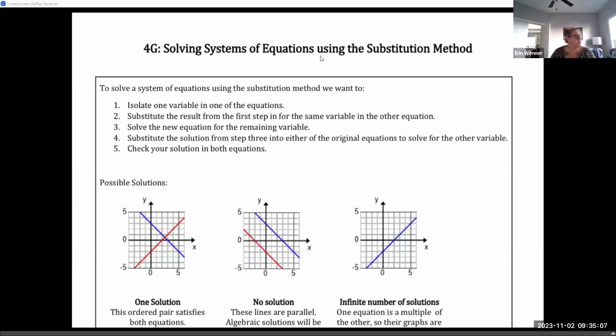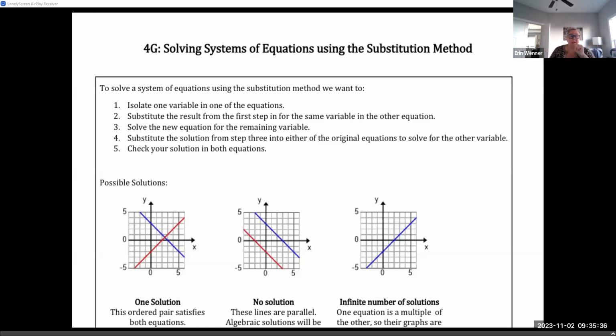All right, so you'll see here, I've got some instructions at the top of the page, some steps you can take to solve using substitution. And really the idea behind substitution is you're isolating one variable in one equation and plugging that amount in for that variable in the opposite equation. So again, the verbal description of how the substitution method works is,